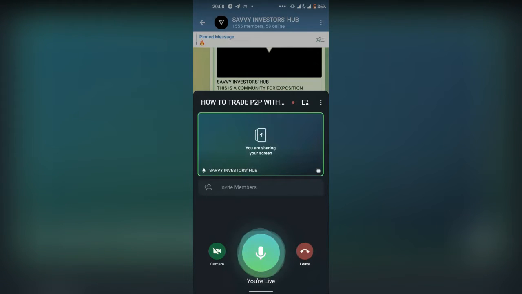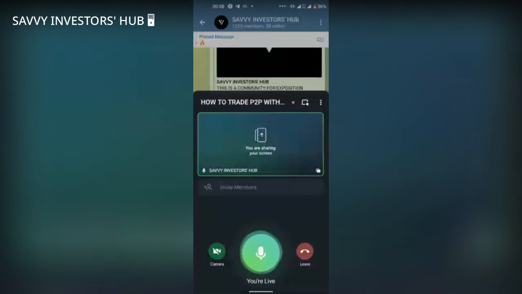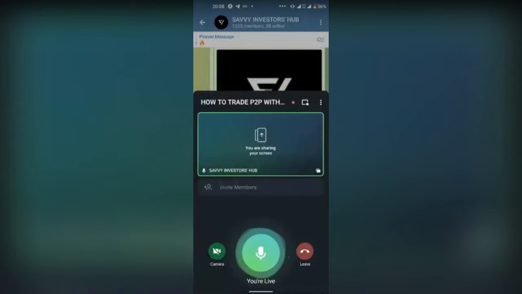Another reason why we'll be trading P2P on the Binance exchange is that it supports live chat. You can actually interact with your co-trader via the live chat mechanism, right? On the Binance P2P platform, I'm going to show you each and every one of these. You can interact with your trader on the Binance P2P platform. So these, and many more, are the reasons why we're going to be trading our P2P